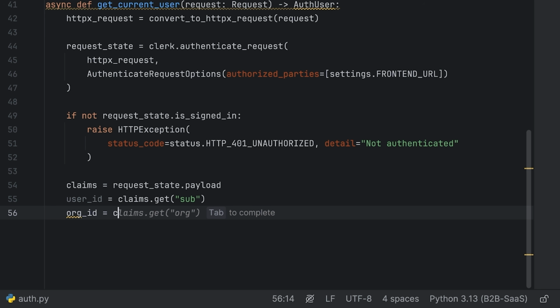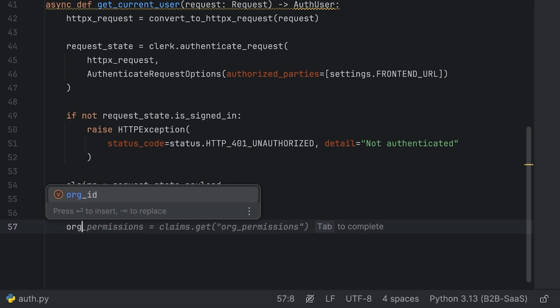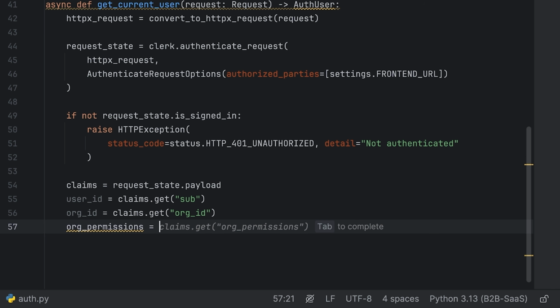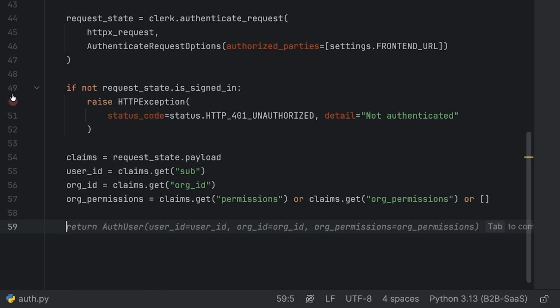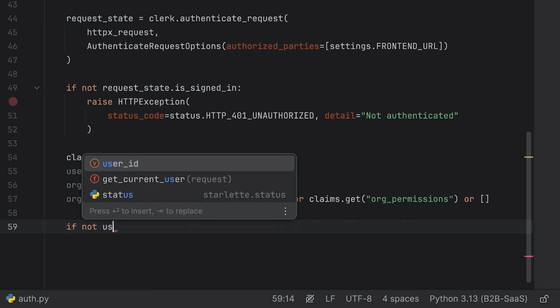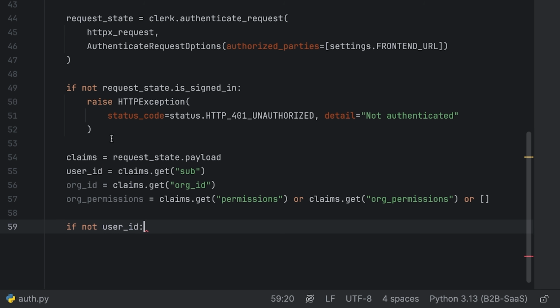So we're going to say the org ID is equal to claims.get("org_id"). Let's get out of this parenthesis here. Okay, go back. The org_permissions are equal to claims.get("org_permissions"), or this, because it could be stored under permissions, org permissions, or if we don't have either of those, then we're just going to have an empty list because we have no permissions. We're then going to say if not user_id, then same thing, we're just going to raise